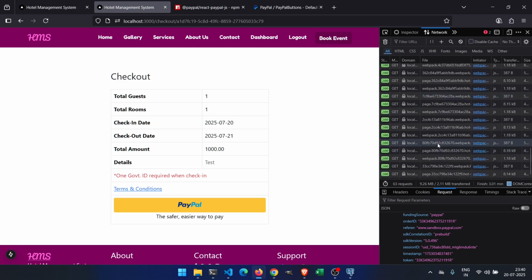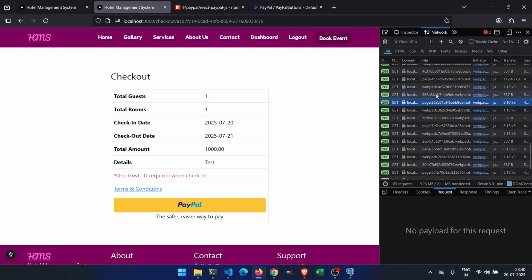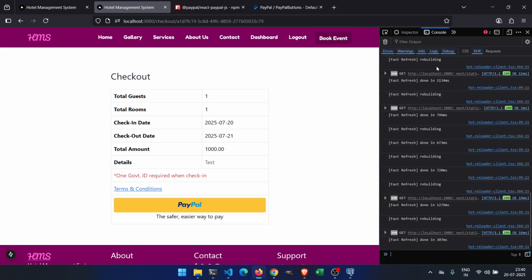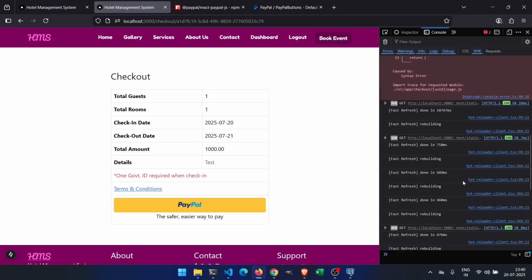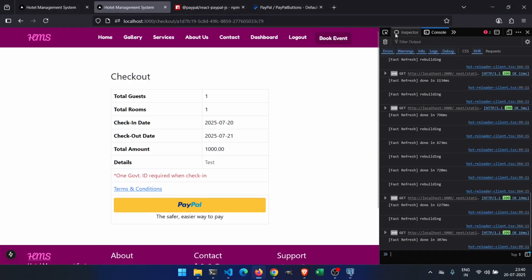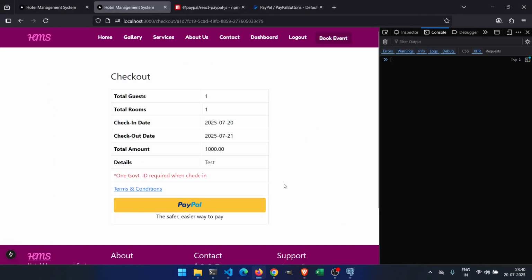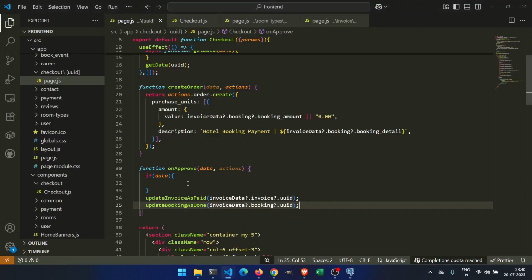We need to do that again. Let me just open the console. We should have the console. I think it's refreshed. All right, no issues. We can do one thing. We can pay the amount now. If data dot,